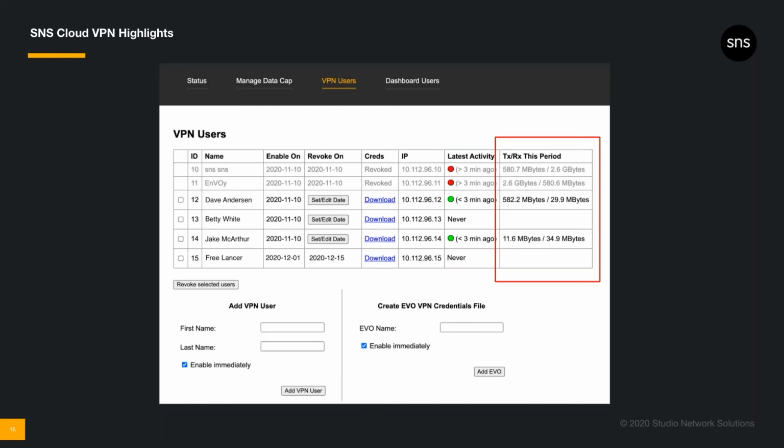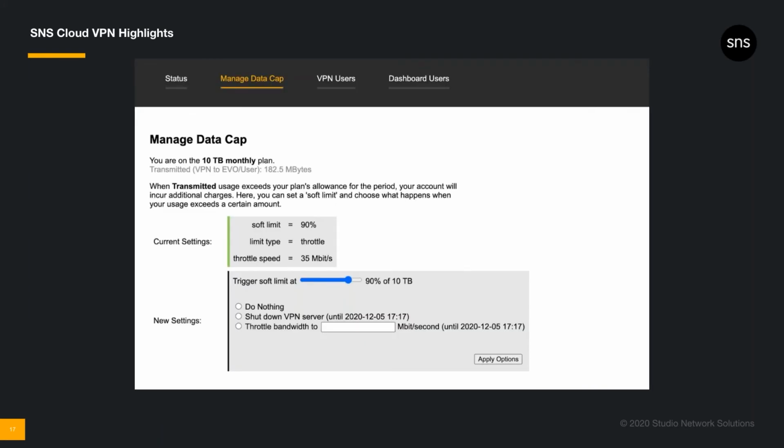I mentioned earlier that, as you'd expect, we built this for media workflow. Here's an example. Let's say you need to hire a freelancer to do something on a project, and you know that that freelancer is just going to need access from, say, December 1st through December 15th. As you can see right here on this page, you can set a user to become active and or expire on a particular date. You don't have to remember to enable and then disable their access because it happens automatically. Our service is billed as one flat rate monthly, and included in that price is up to 10 terabytes of free data transfer.